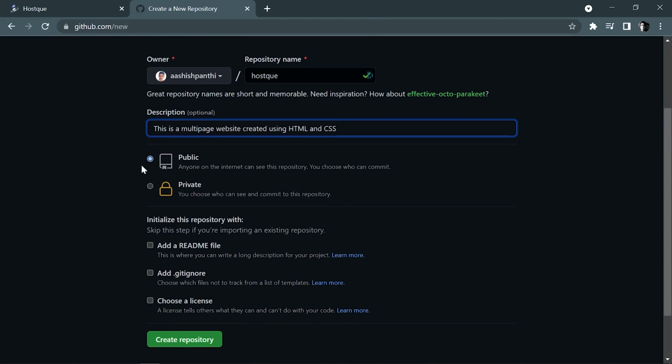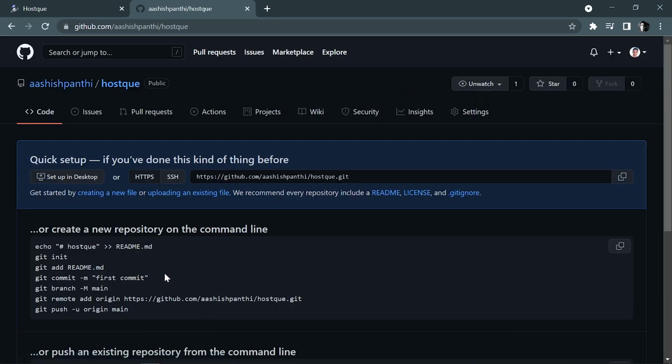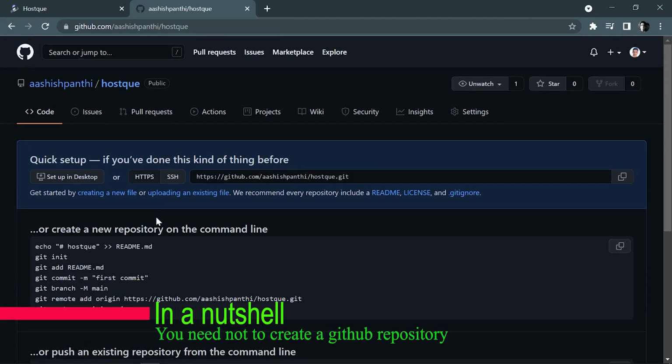And in here you can choose public or private, it doesn't matter at all. So in here I am gonna leave it as public so that you can actually use this repo and download the source code from here. So now let's create a repository. So you can completely ignore this step, I'm gonna show you the shortcut step also.